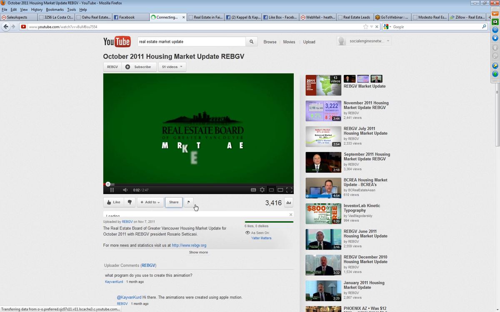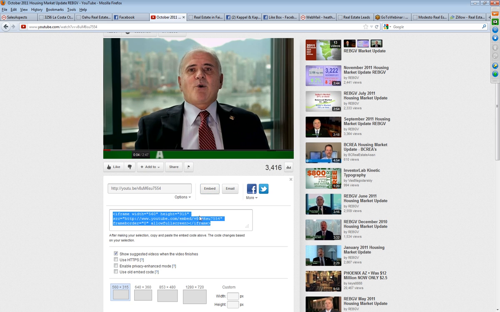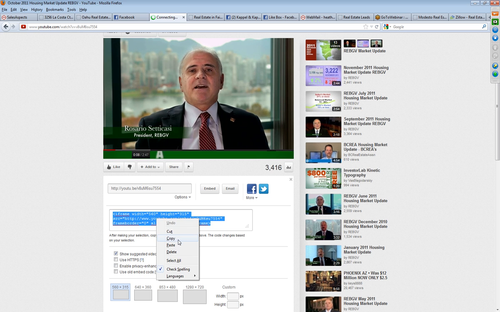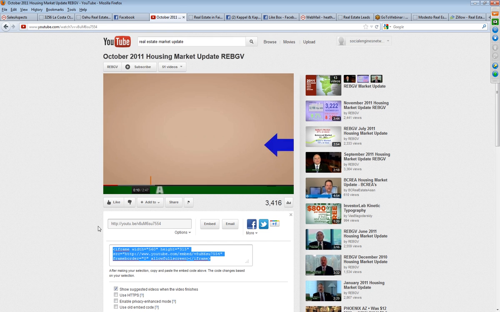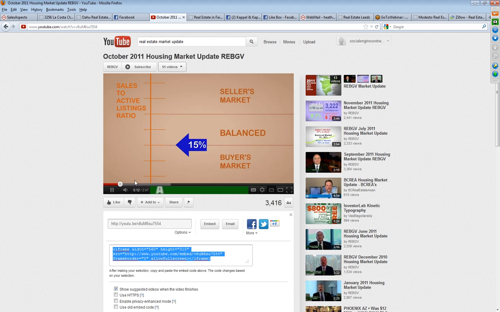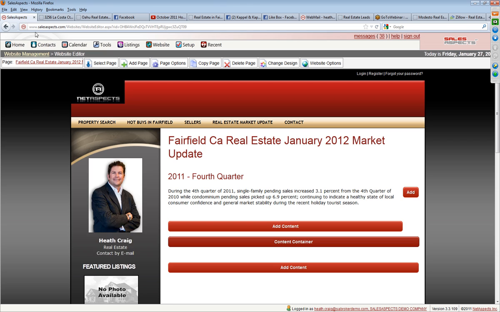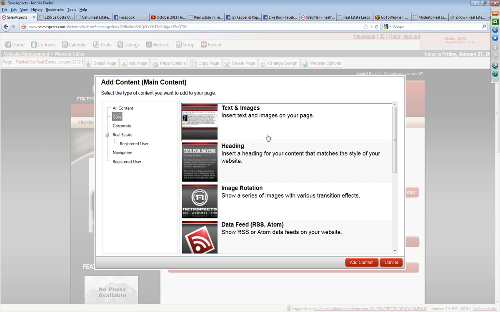Now you can see this little share tool. So if you want to just get a market update from somebody else that somebody already put together, if you're comfortable with that, you can do that. I click on embed, right? So I'm going to grab that individual code there, and I'm going to click on add content again,